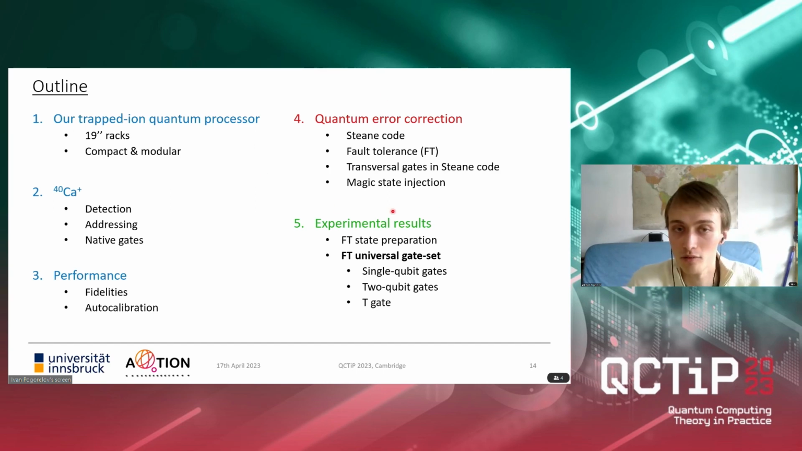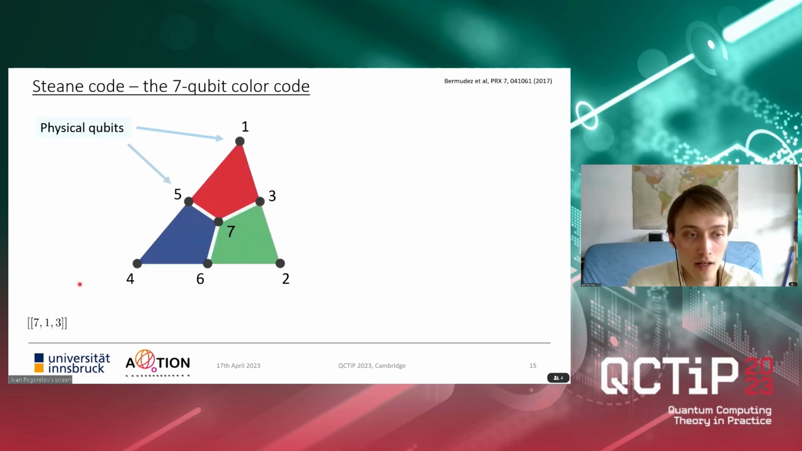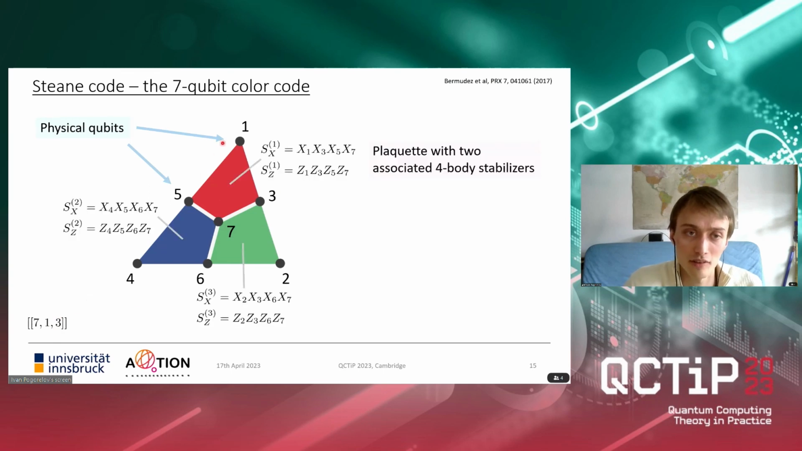I will start with a brief introduction of some terms from quantum error correction. We will be working with the Steane code, or 7-qubit color code. It encodes 7 physical qubits into 1 logical qubit, and it has a distance of 3. To introduce stabilizer generators, we will split this triangle into 3 plaquettes, 4 qubits each, and each plaquette has